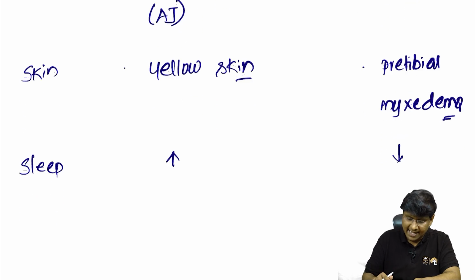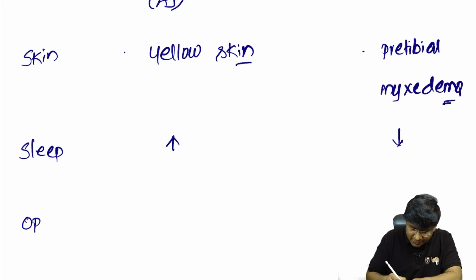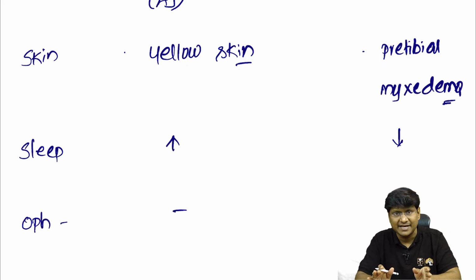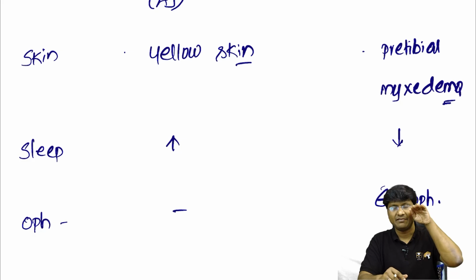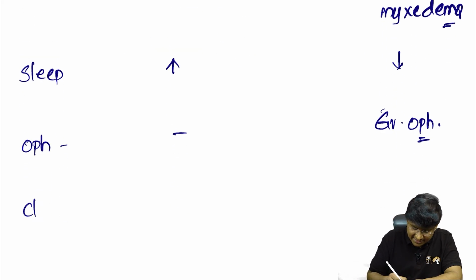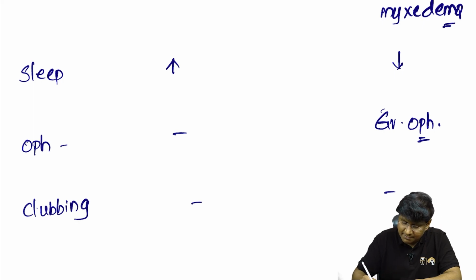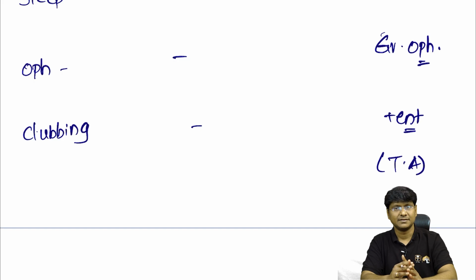extreme nervousness. And the next very important thing is, you need to be aware of ophthalmopathy. So ophthalmopathy features are not observed in case of hypothyroidism, but you will have what is called Graves' ophthalmopathy in case of hyperthyroidism, where there will be protrusion of the eyeball, and there is also lid lag, and that is due to contraction of the Muller's muscle, right? And next is the clubbing. So clubbing is absent in case of hypothyroidism but present in case of hyperthyroidism,